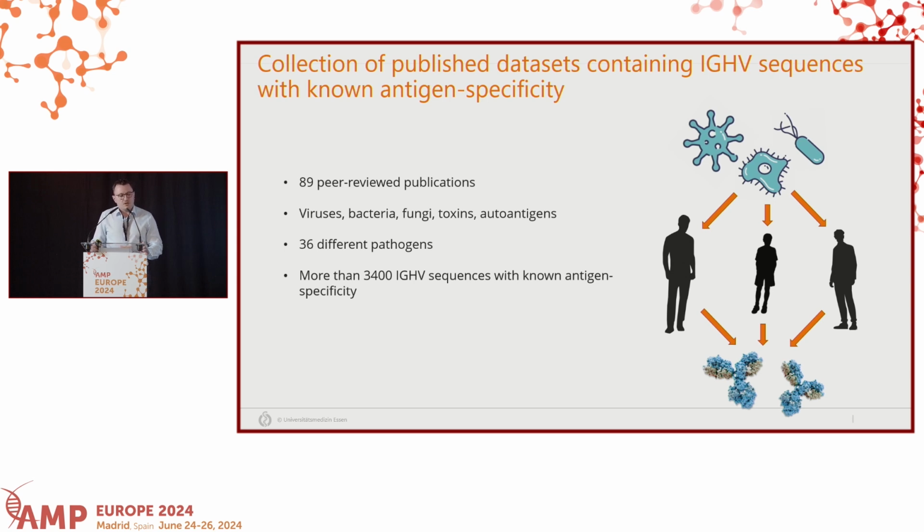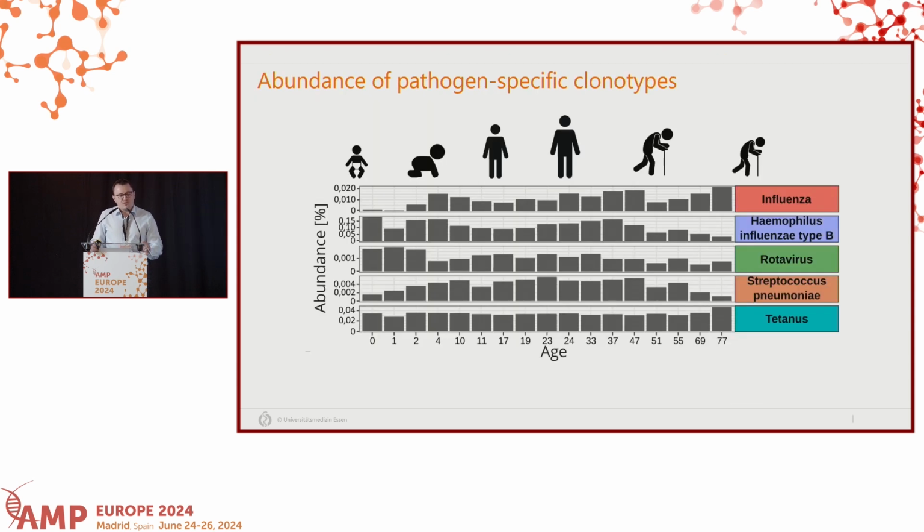When we looked for sequences that, for example, recognize viruses, bacteria, fungi, toxins, etc., we saw for selected antigens, for example tetanus, a quite constant level of B-cell receptor sequence abundance throughout life. In contrast, influenza or Streptococcus pneumoniae follow an